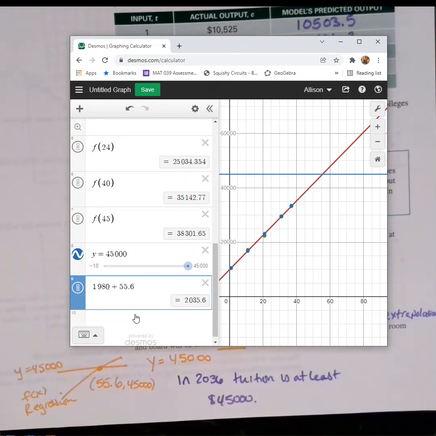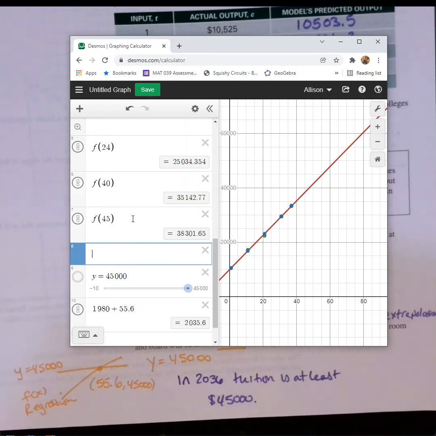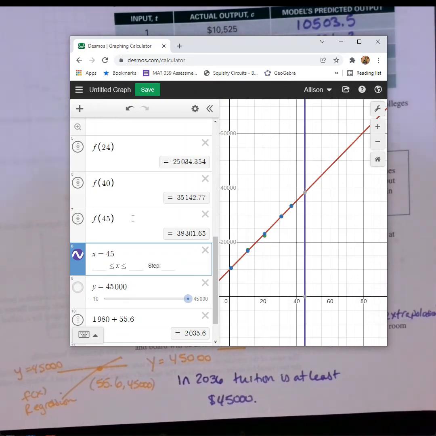Okay. Back to predictions for just a second. Again, we made our input predictions and our output predictions differently because inputs go inside the function. I'm going to turn this line off for a moment so we are looking back at the 45. I could have made this prediction graphically instead of with function notation by recognizing that that input of 45 was an x value. And if I graph x equals 45 and find out where that hits my graph,